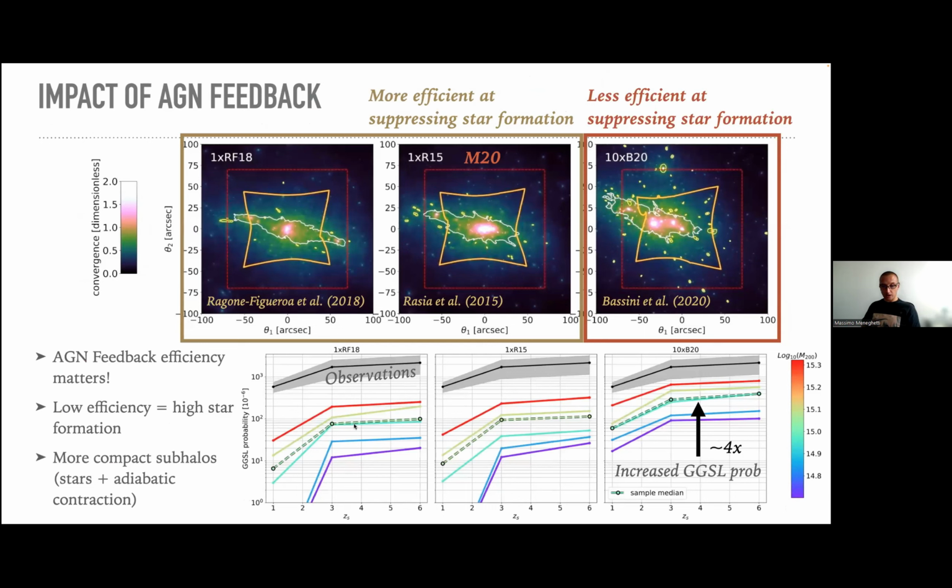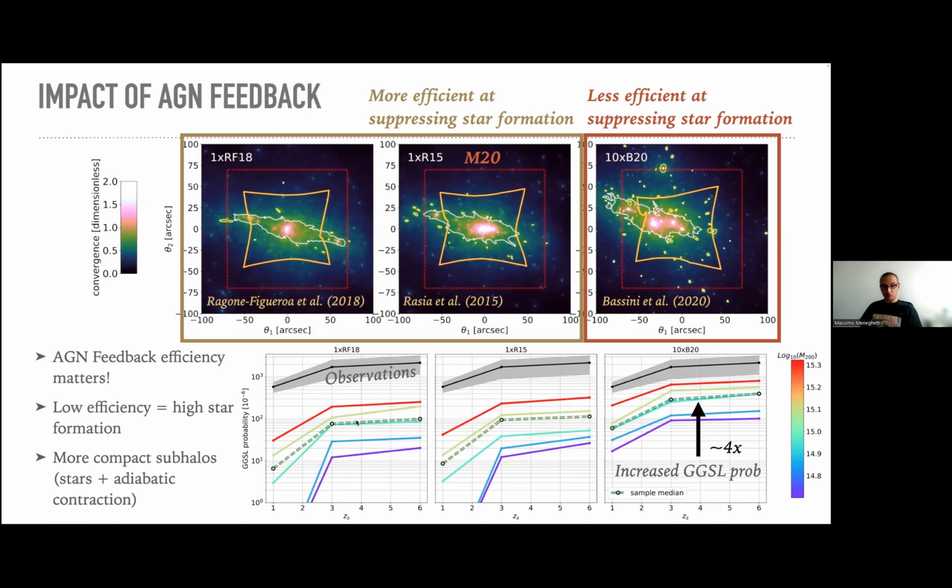The other aspect of the simulation that we have investigated that I want to talk about is the particular ingredient of the galaxy formation model which is the scheme used to describe the phenomenon of AGN energy feedback. Okay, so when you have a supermassive black hole at the center, for example, of a galaxy, it accretes mass and it releases energy in the intergalactic medium. And this energy, which is released, has a quite strong impact on how the galaxy will form stars, right? Because the more energy you release, the more you suppress the gas cooling, and the lower will be